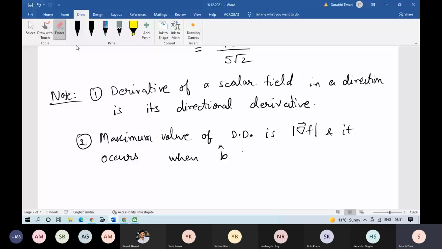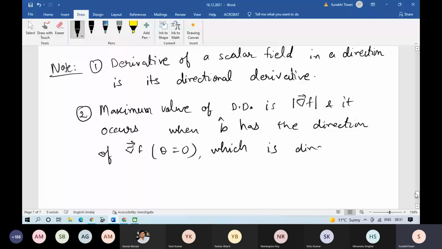So which is direction of normal vector। थर्ड, minimum value of directional derivative is minus of mod of gradient f, and it occurs when theta is equal to pi, that is b cap and gradient f have opposite directions।